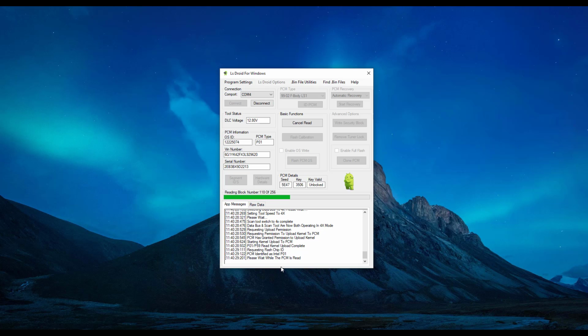Something important to note is that when reading and writing, it is very important to not touch anything on your setup or in the car. It's recommended to make sure you have a very good power supply. I have mine currently set at 13 volts. Usually I have it set at 14 since I'm using an adjustable power supply, but this is just to show an indication of what a usual car would generally show, over that 12 volt mark. In car, it's not recommended simply because this process does take time. You can run the chance of having low battery power, and that can result in corrupting and even bricking